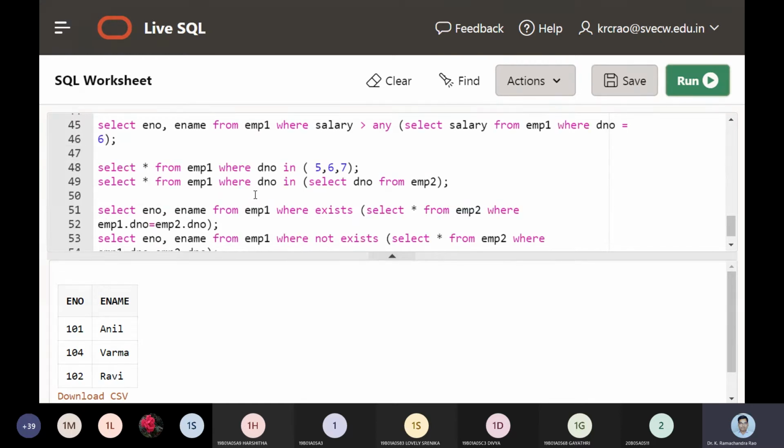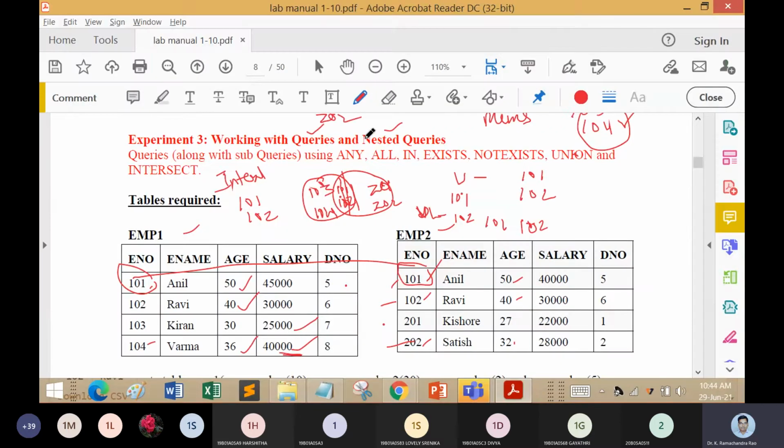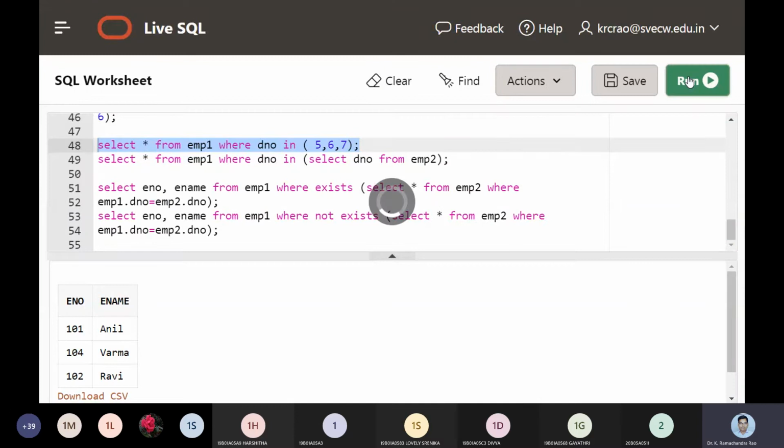Next, let us work with this command where department number is 5, 6 and 7. So what is department number 5, department number 6 and what is department number 7? Here we are going to have the 101 record, 102 record and 104 record. So these records we are going to verify. Let us see whether the 3 records are going to come or not.